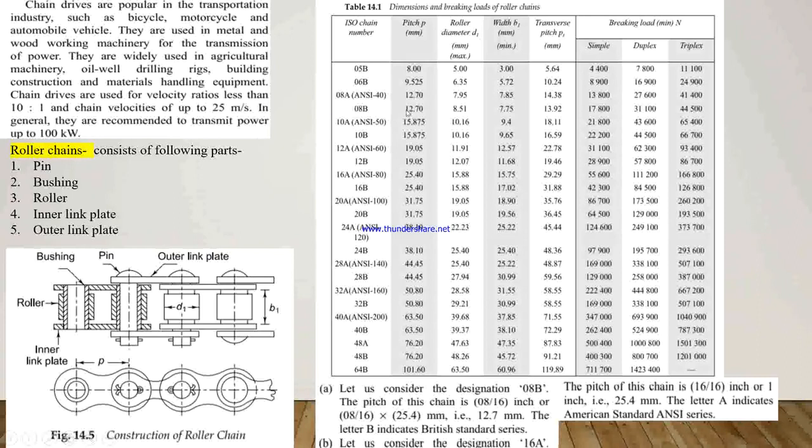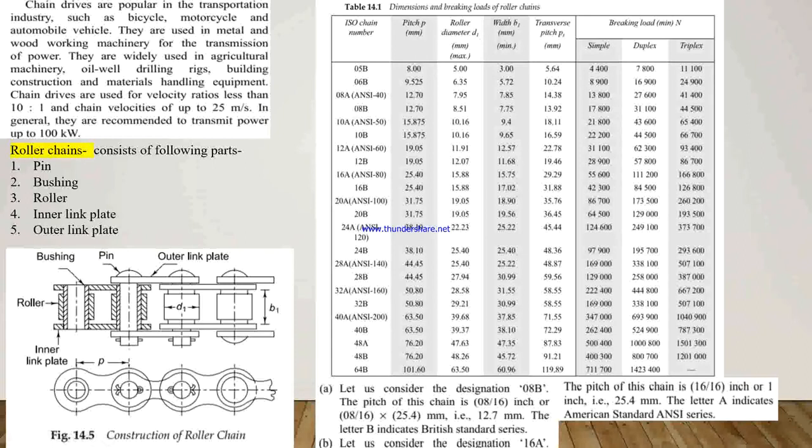Here in table 14.1, we see the dimensions and breaking loads of the chains. Here the ISO chain numbers are given, along with pitch P in mm, roller diameter D1 in mm, width B1 in mm, and transverse pitch PT. Breaking load in Newton is also given here. If we want to use these dimensions, first,